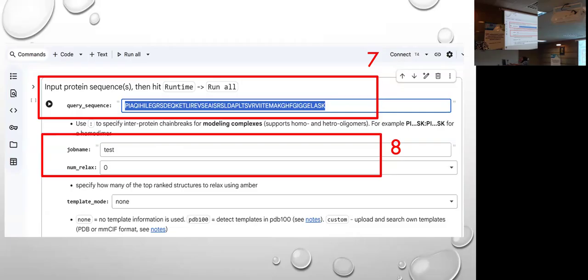First, when you paste your sequence, you need to run this cell. To run this cell, you will see a play button here. When you press it, the cell will start running. Once it is complete, you will see the result down there and also a tick mark here. First, paste your own sequence and then just play the cell.